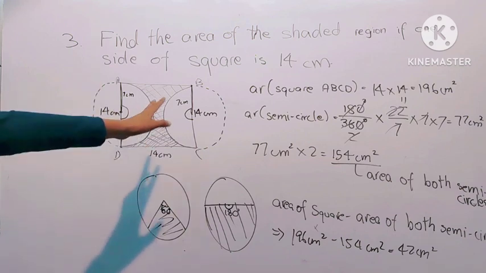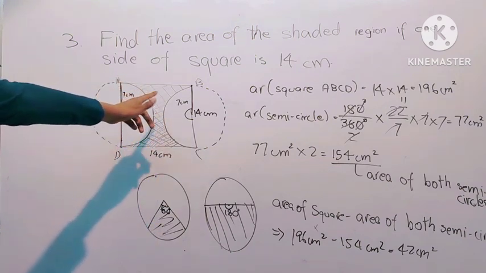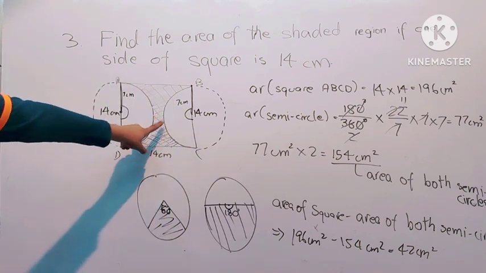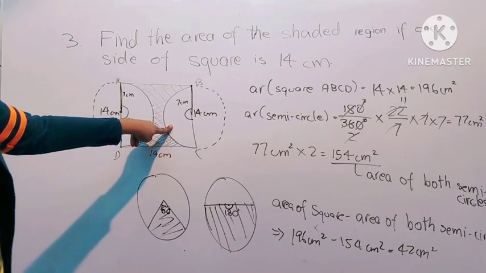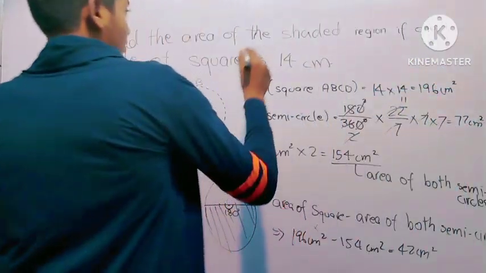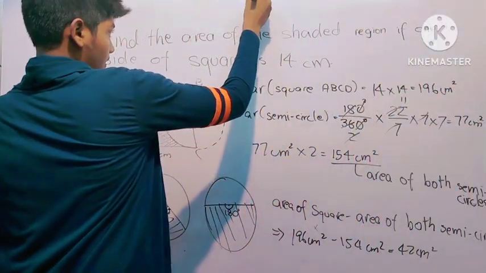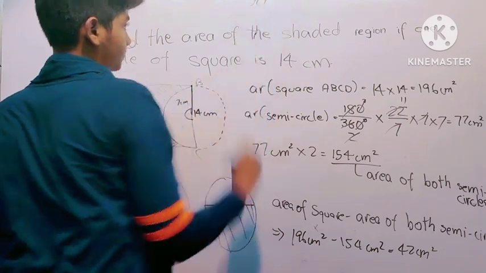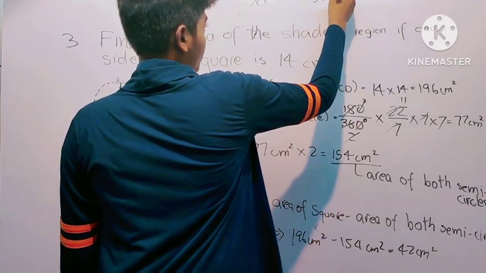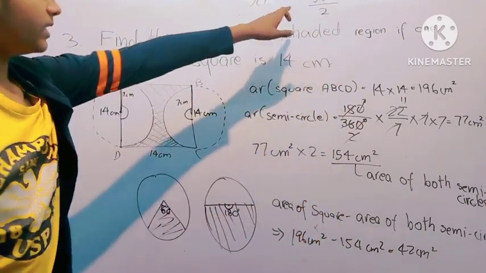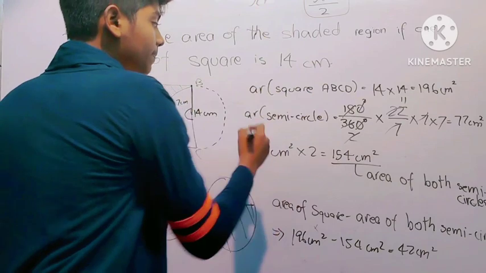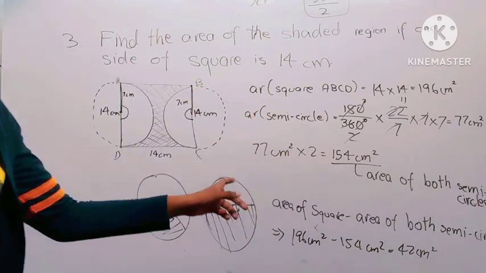So my approach was that we had a figure and we needed to find the area of the shaded region. We can see it is a square, and we can also see that these are two semicircles. Since we do not have any chapter which has semicircles in it, we cannot use the semicircle formula directly. We know the area of a circle is pi r square, so the area of a semicircle would be pi r square upon 2, technically, because a semicircle is half of a circle. But since we do not have any chapter related to semicircles, whenever this question comes in the exam,